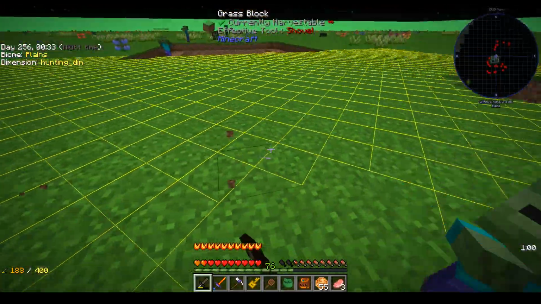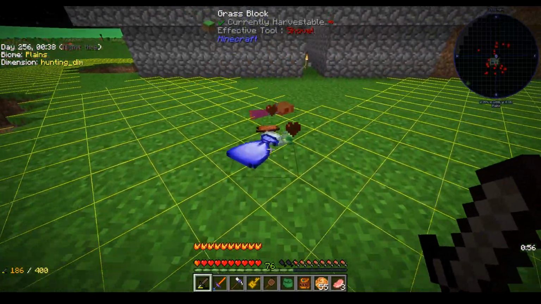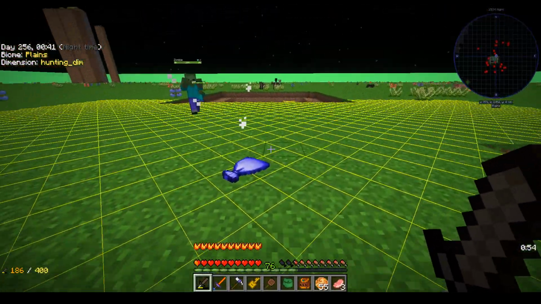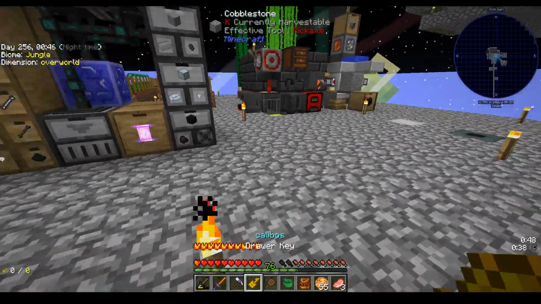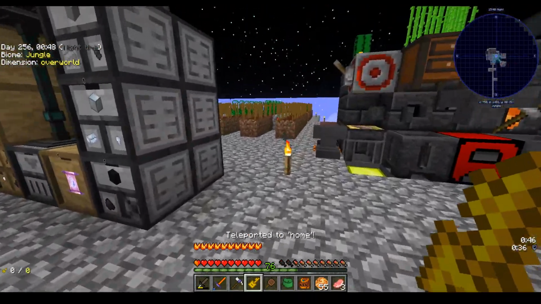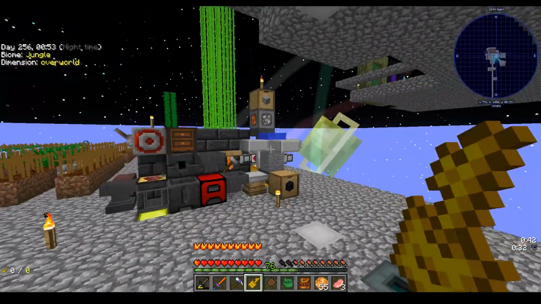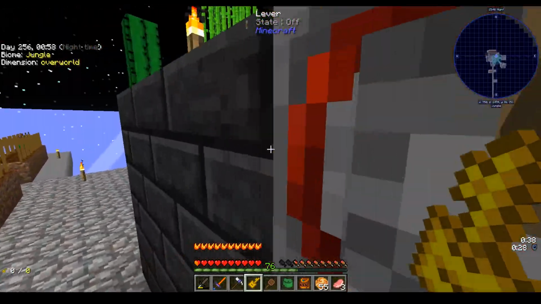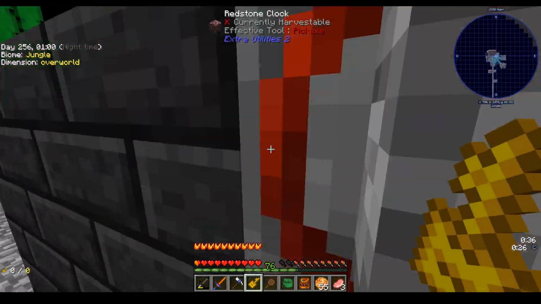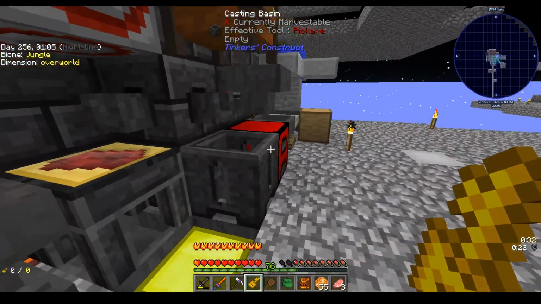I hate hunting these ghasts. They're so freaking fast. I had a witch surprise me before, so I'm still not exactly sure where she spawned. I think it looks good. Why is there...